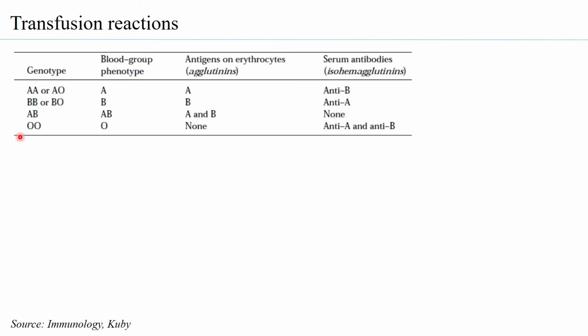Those who have blood group O, they have no antigen per se. So when we say no antigen, the H antigen is there, but there is no sugar moiety or oligosaccharide moiety present, and hence they are not antigens, and therefore in those people who have blood group O, you would have antibodies formed against both A and B, because A and B antigens are not present in the person